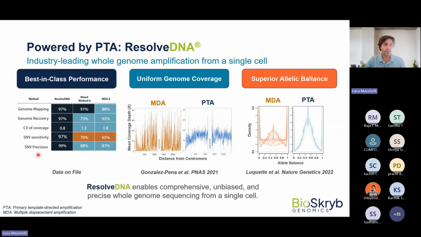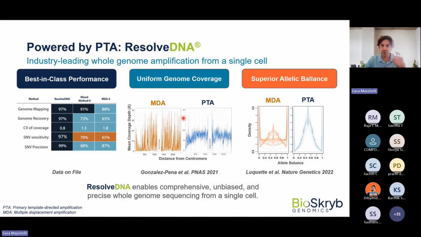And in terms of metrics, where are we? We are in coverage for mapping of genome and genome recovery up to 97%, and with the highest sensitivity in detection of single nucleotide variants on the market. If we compare, as we did in our seminal paper published in PNAS in 2021, MDA versus PTA, we can